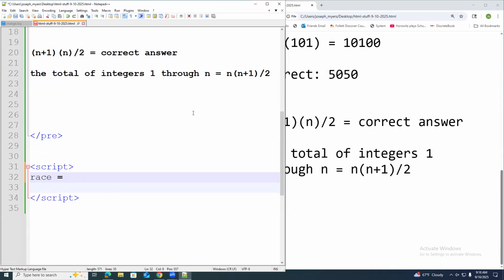So you could have a variable in JavaScript called anything you want, as long as it's not a reserved word. Like, for example, the word var means variable. That's a keyword. You can't use that word for your variable because it means variable itself. But you can use other words like race. So race equals parentheses f comma n equals greater than. That's called an arrow in JavaScript. That means that you're defining a function that accepts 2 parameters, f and n. And it's going to run a block of code.